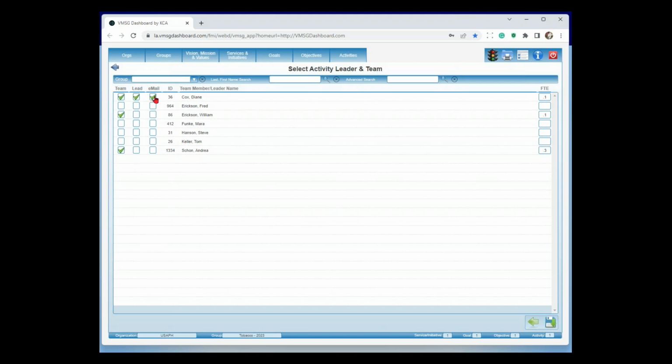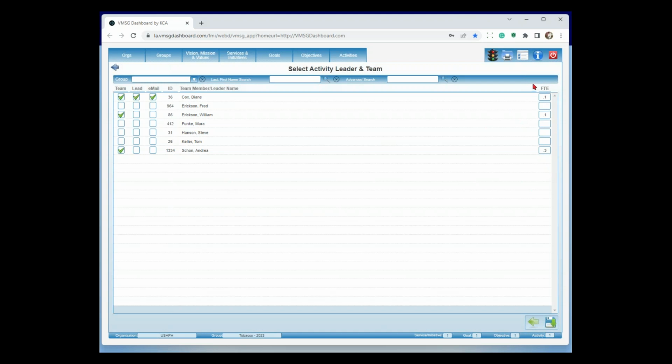And then email notification. Email notification is what we call real-time planning. And what that is, Diane will get an email on a regular basis. Typically it's monthly. To come back in and update this particular activity. So she's going to go in and say, hey, I've completed chapter 3 of 4 and mark it as 75%, something along that line.